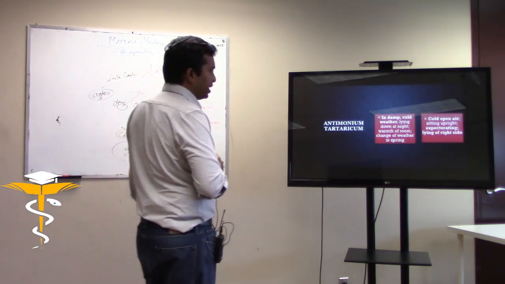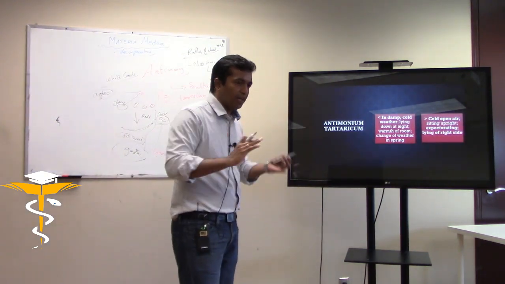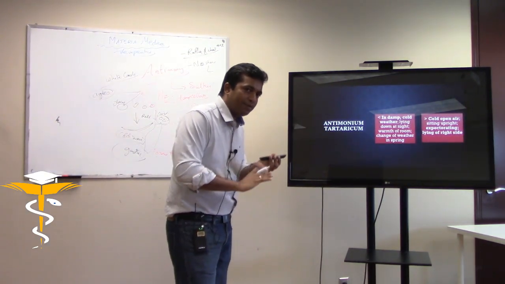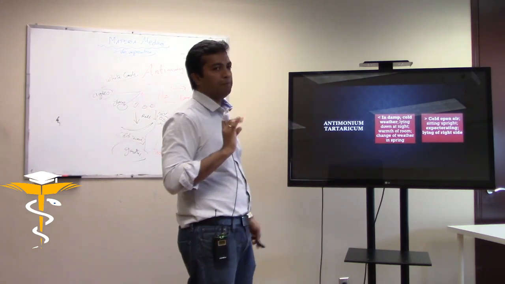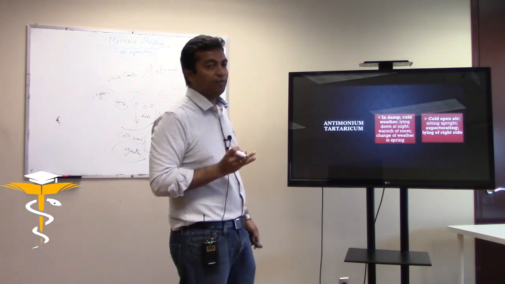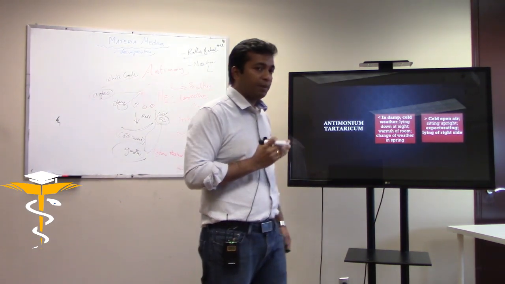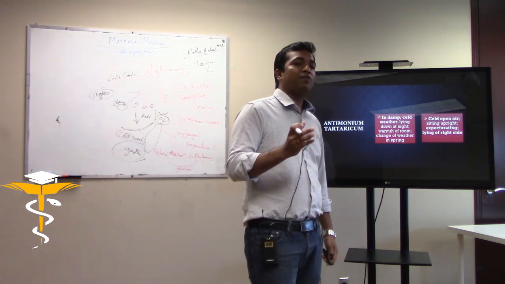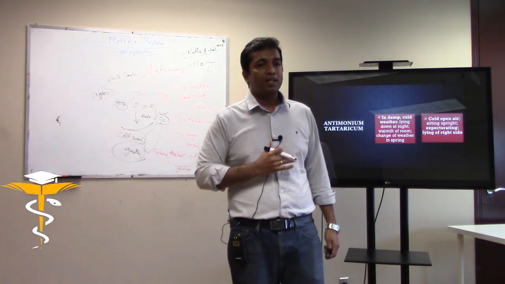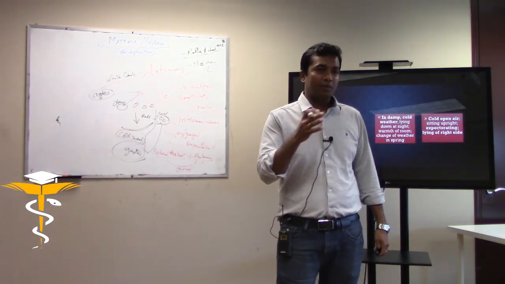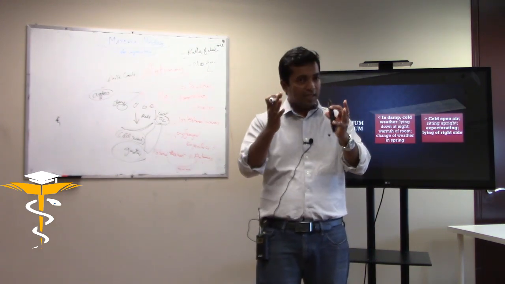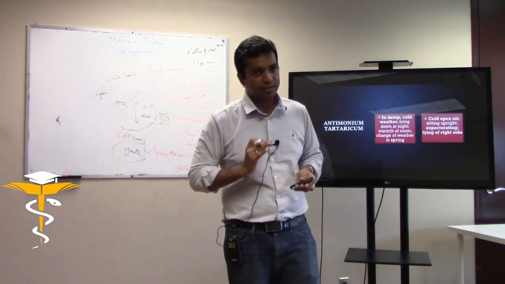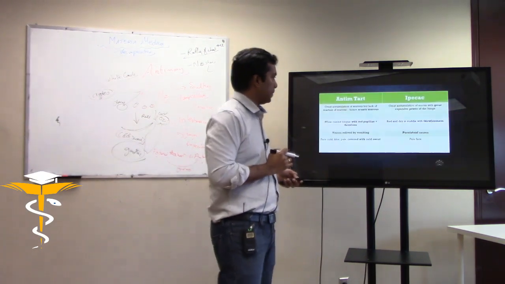So, what are the aggravations? Number one, you already know, ailments from damp, moist, cold cellars. You can just name anything you want in there. Dampness is the main thing. Change of weather will also come in this. So, if you are looking in the repertory for ailments from change of weather in generalities, you'll find Antimonium tartaricum will be there, Pulsatilla will be there, but you know the difference between Pulsatilla's change of weather and Antimonium's change of weather reasons. Both are a little different.